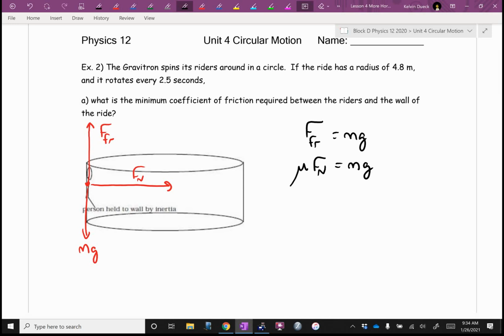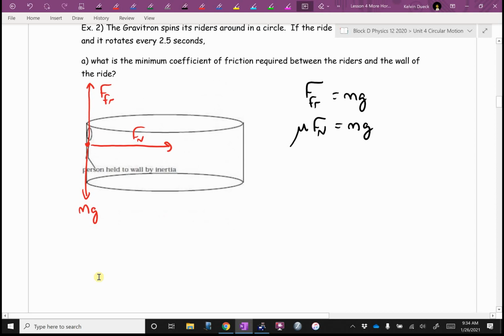I don't know the normal force. And it's a bit trickier, because what path are we tracing out? Okay, here's my vertical force equation. Now I'm going to write down a horizontal force equation. What path are we tracing out? So I think I can say the normal force is what's pushing me in a circle. Normal force equals m